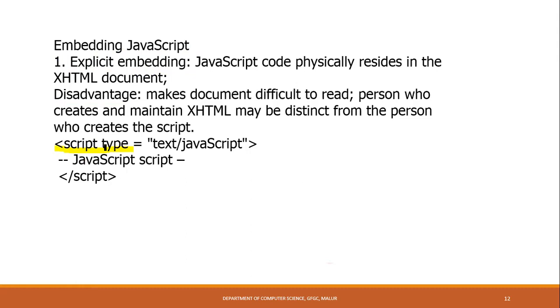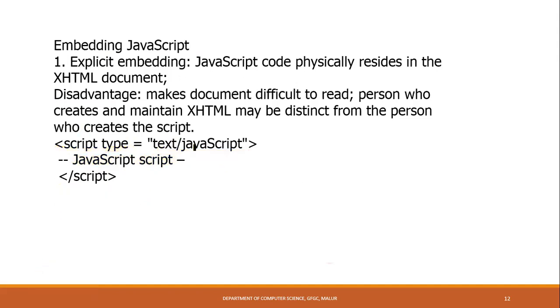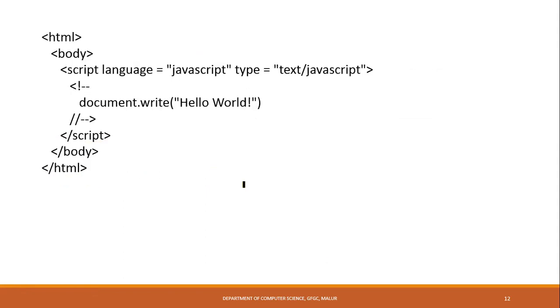Then you need to give a word called type. Then you will mention type equals text/JavaScript. This will help the system understand that you are going to include JavaScript coding within the HTML coding. Then in this place you can write whatever content or coding you want. Once you finish the JavaScript, close with /script. So remember this syntax: script type equals text/JavaScript, then the content in between, and close the scripting language. We will see one example based on this.